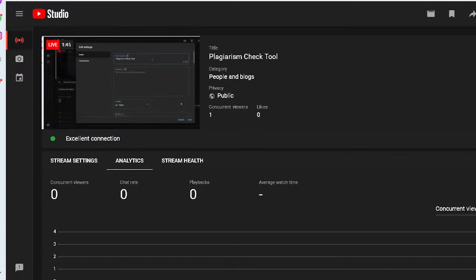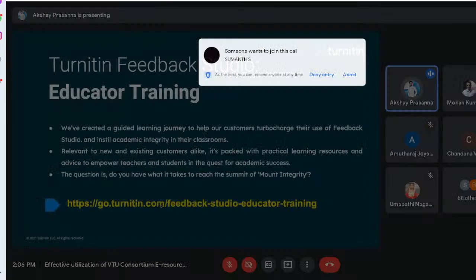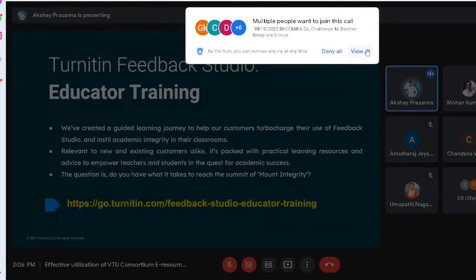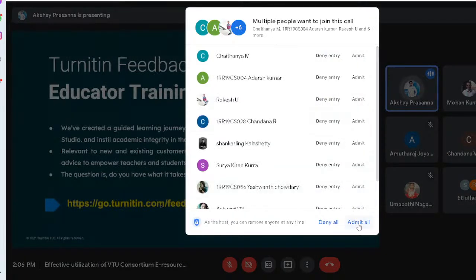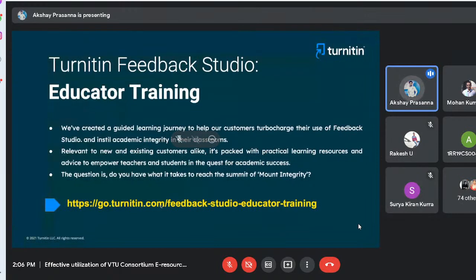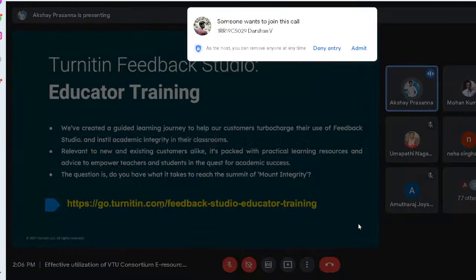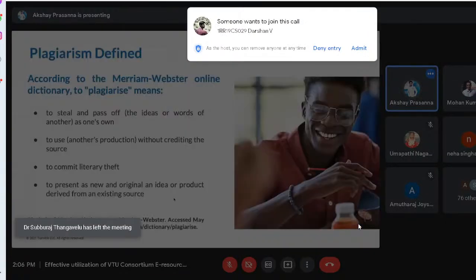So how Turnitin is going to help you, how you can share your feedback and other things, I'm going to talk about that also. There is something called the Turnitin Feedback Education Program. I'll share the link with the concerned persons. Post this session, you can enroll. It will have a 10-week training program for you. In case someone is interested, especially for faculties, it would be really useful for you all.